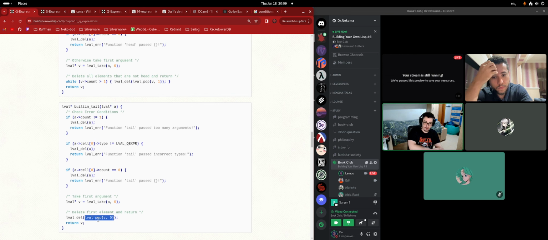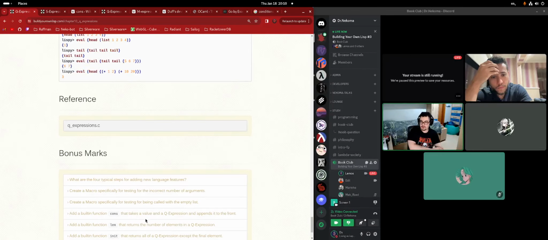This pop is grabbing the head of V, and you are deleting that, which means that V will only contain the tail. Makes sense. So the first argument needs to be something. Let's see the examples. Maybe we're going to understand better.